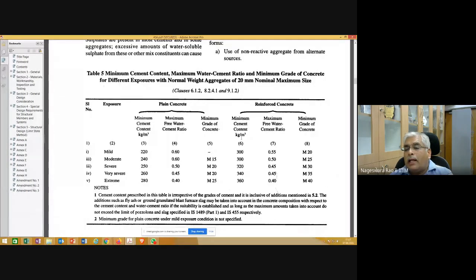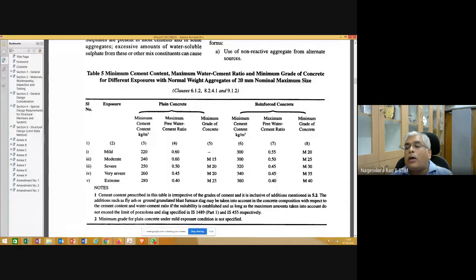Some notes are given here below; when you are actually making use of it, you can go through them. On the top, one more thing, the title says: minimum cement content, maximum water cement ratio, minimum grade of concrete for different exposures with normal weight aggregate of 20 mm nominal maximum size.